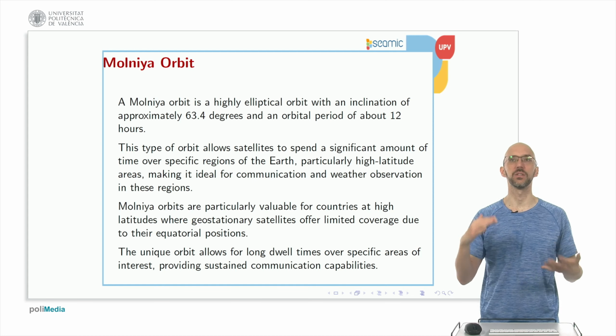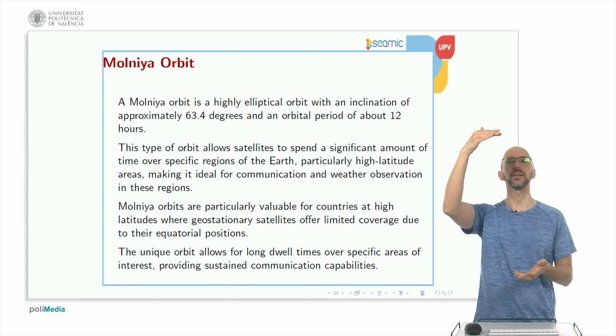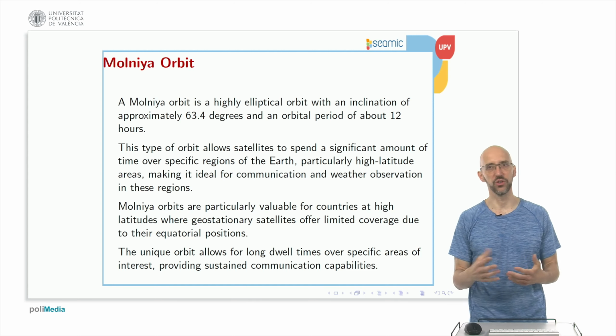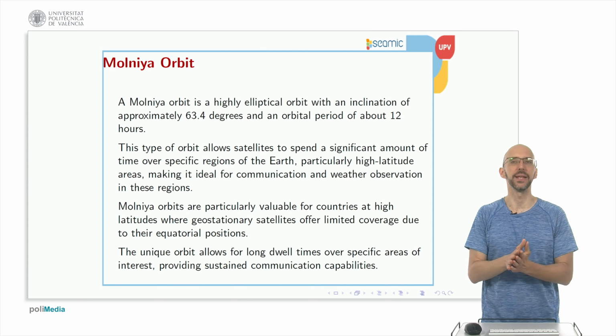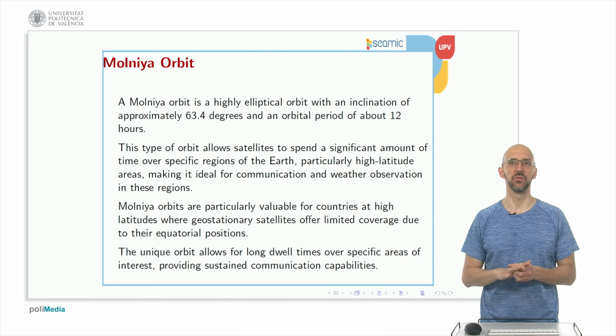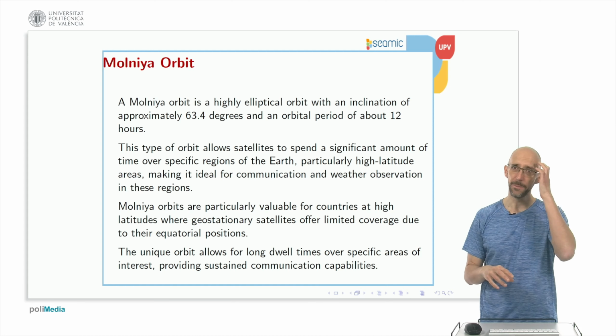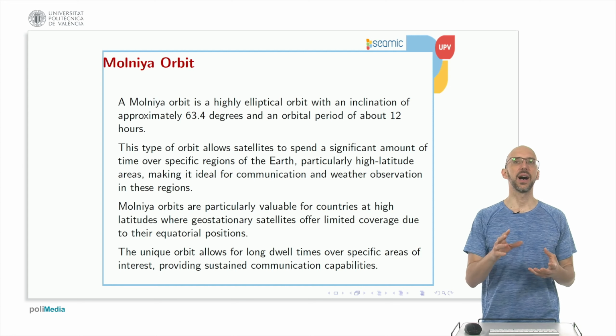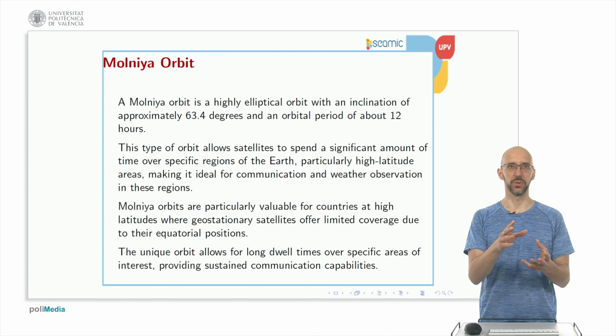Close to the equator is perfect. But if we are living just in the North Pole, we don't have high communication with the satellites, very complicated. In these cases, Russian people designed what is called the Molniya orbit. Molniya meaning lightning. In this case, we are going to see next, it's a highly elliptical orbit, as we mentioned